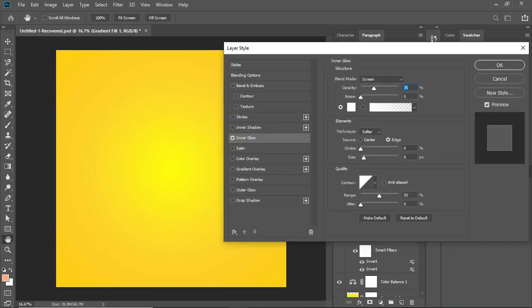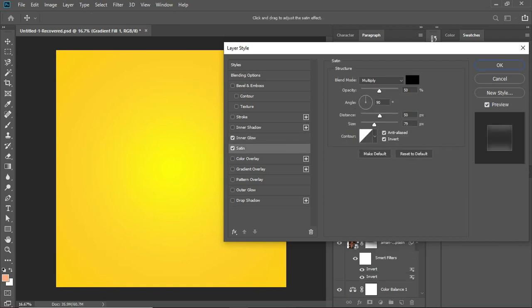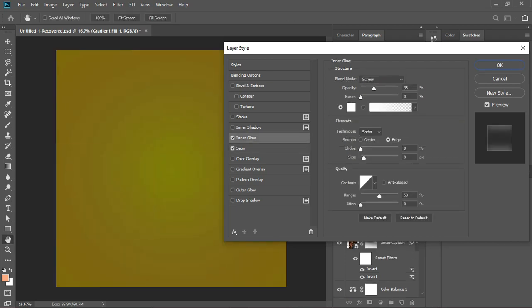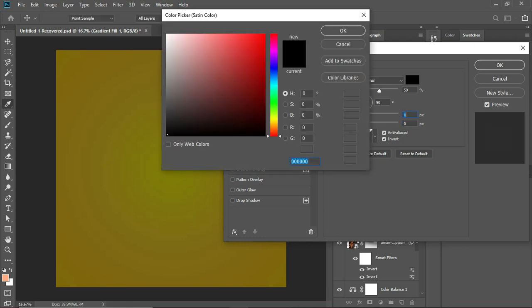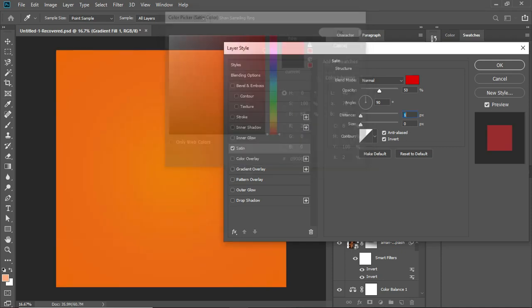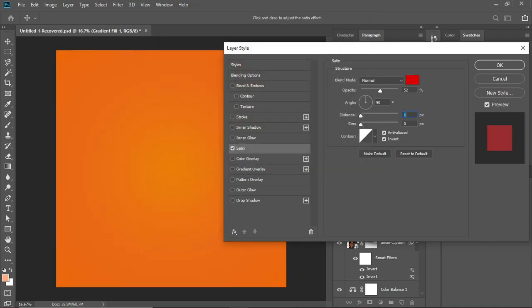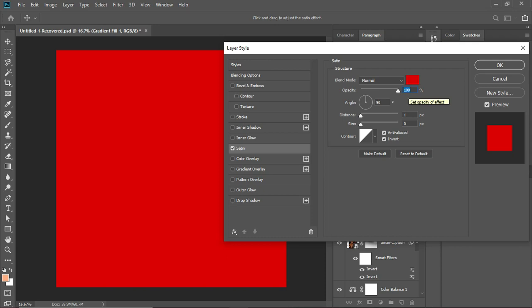Let me say, for example, I added a satin on this. The satin on this, and then I just go normal, so I'm able to cover everything. Then I adjust my distance, my size. Okay, I want it to cover everything. So yeah, black. And whenever I change the color, it affects immediately. I want my opacity to be high, so everything becomes covered with satin. You can also use color overlay in case you want to